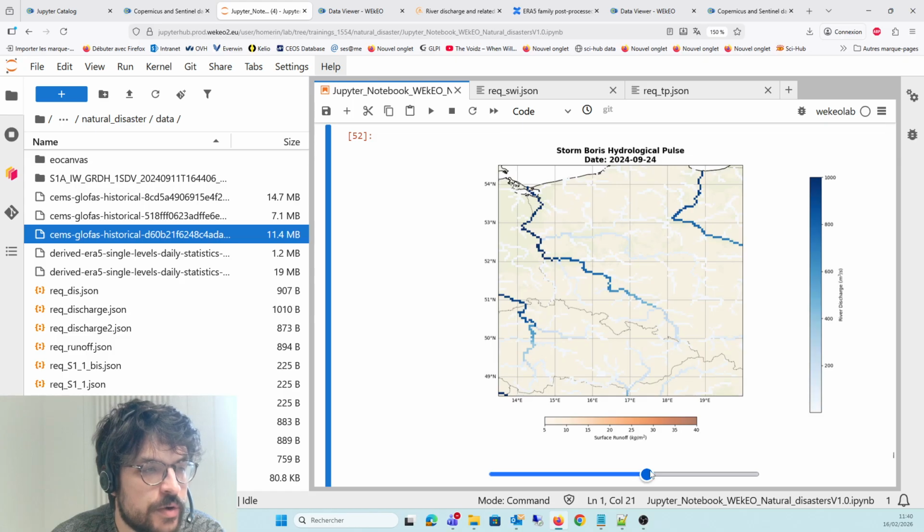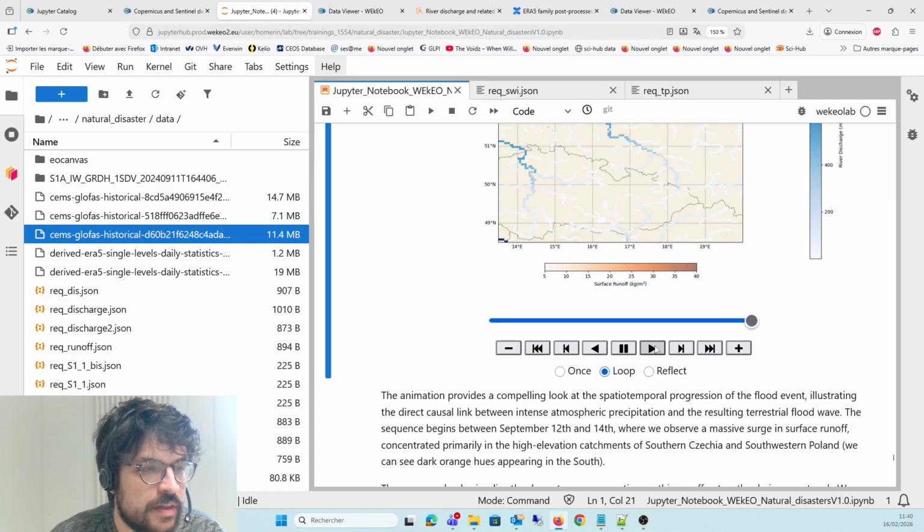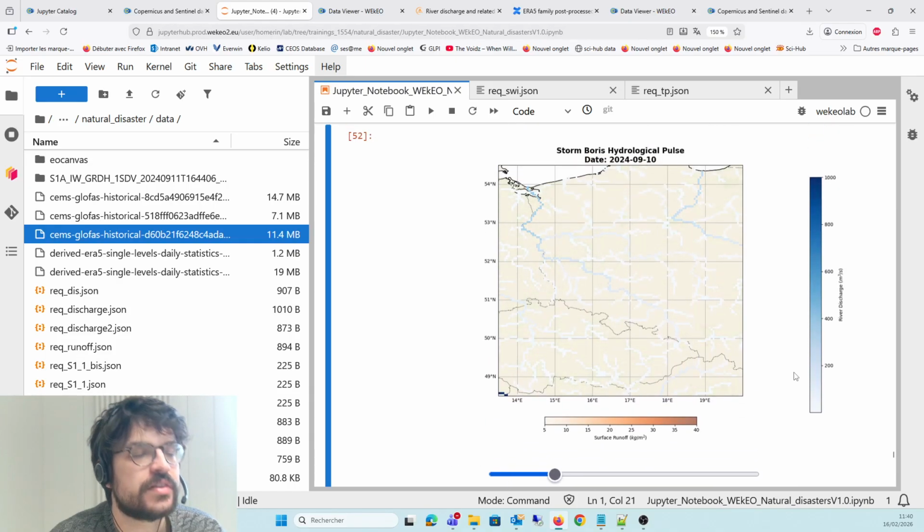This is a very compelling look at the response of the rivers to the storm. After a while, the river discharge starts to decrease. The blue tones become lighter and lighter over the days, and then we can just animate it automatically.